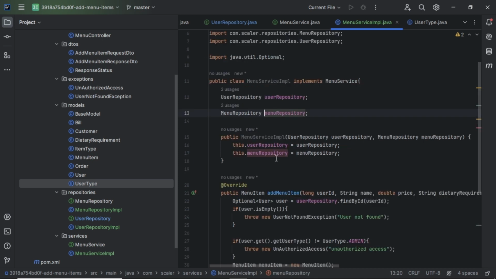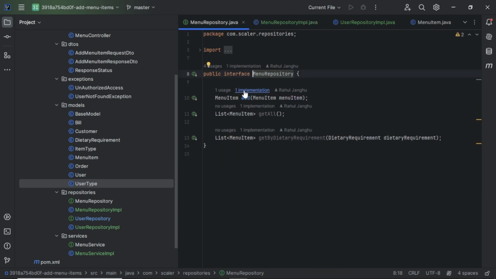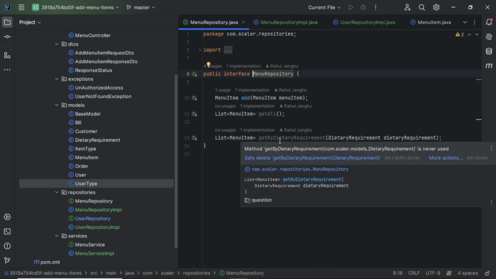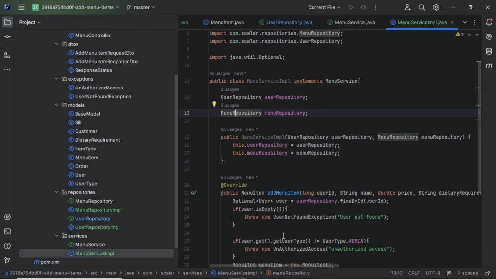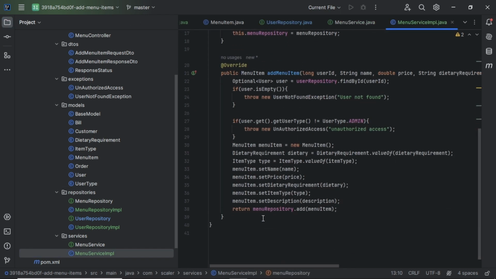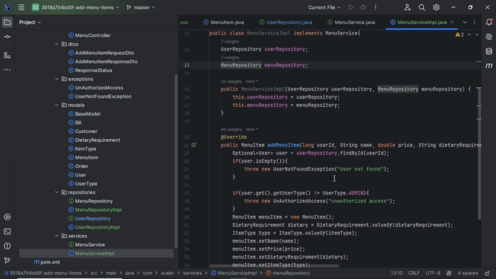If you go inside of this menu repository, you can see we have add, get all, and get dietary requirement, and this add method returns a menu item. So instead of holding this value inside of one instance and returning it, we directly return whatever is written after adding it. Now you can see we have completed this service file.